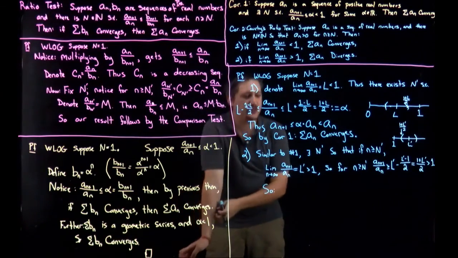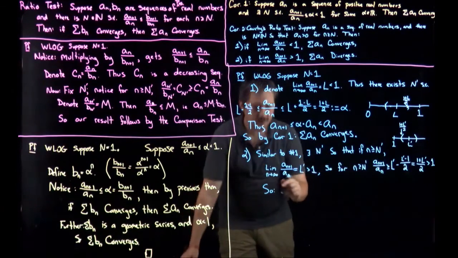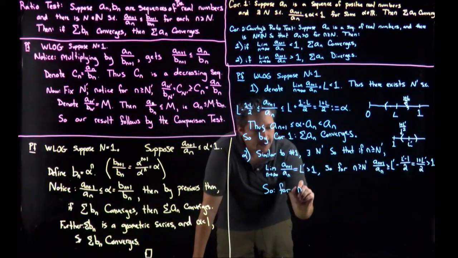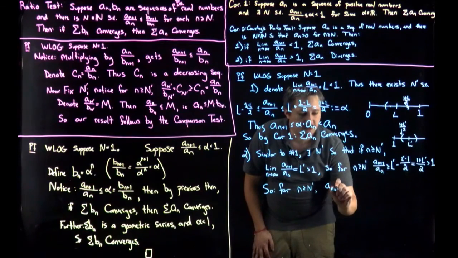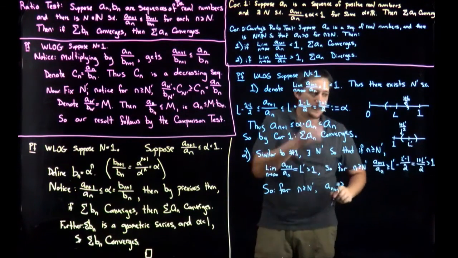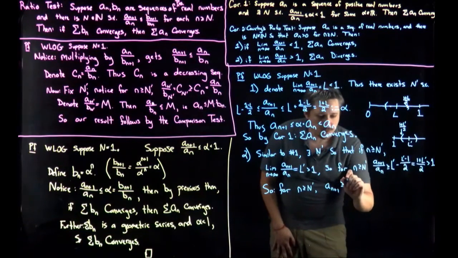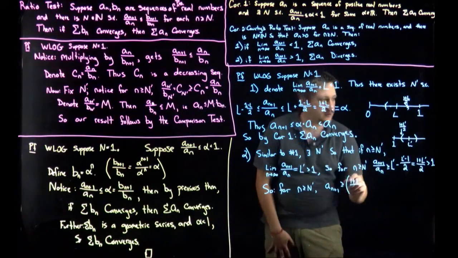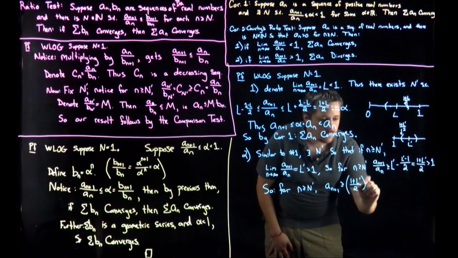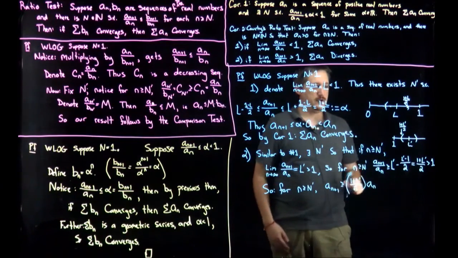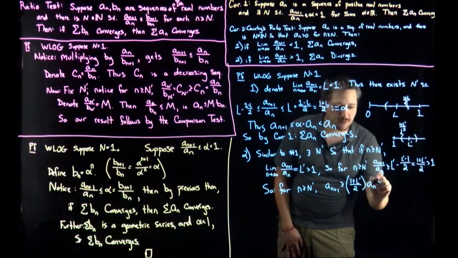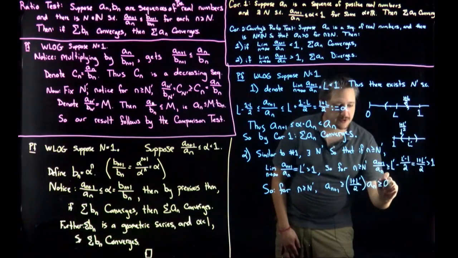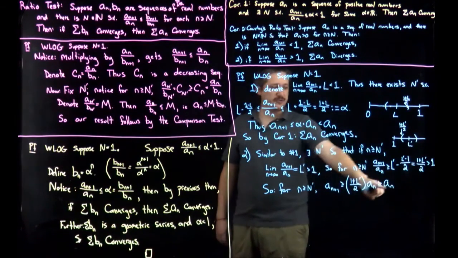So this tells me, again, if I take this thing, for n greater than or equal to n prime, I'm going to have that a_{n+1} is greater than or equal to (1 + L') over 2 times a_n. That's moving the a_n over. But as mentioned, this is bigger than 1. So if I get rid of it, I'm going to make it only smaller, because I'm multiplying by a number bigger than 1. This is bigger than a_n. So in particular, a_{n+1} is bigger than a_n,